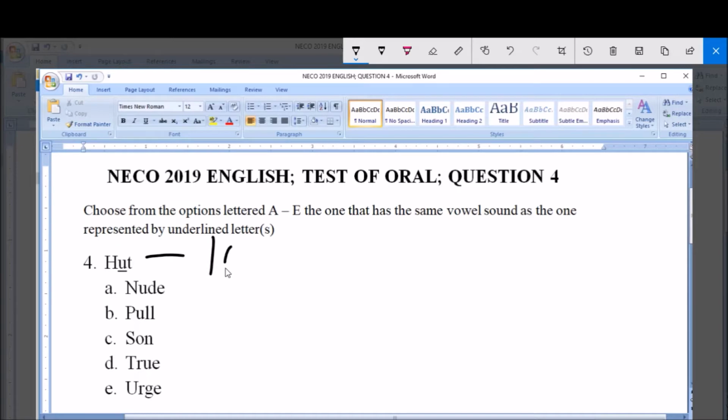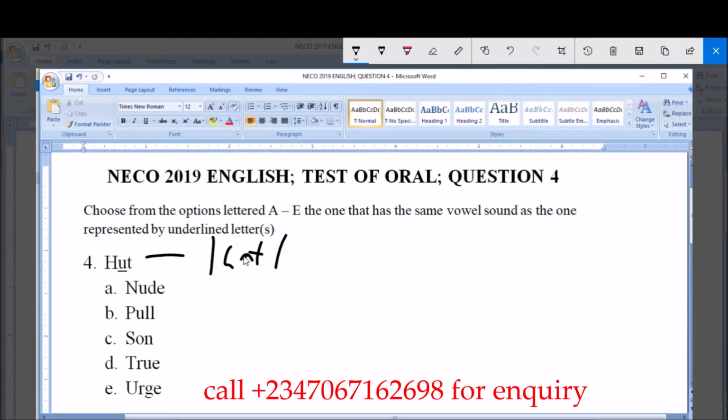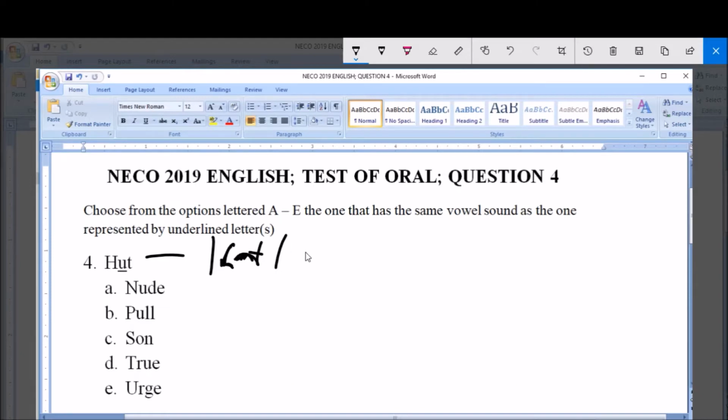Aunt. What we have there is vowel number 10 rather, aunt. The letter U is underlined, so that the letter U is pronounced as in form of light a. That's how it is produced. So aunt. Then option A, we have nude. By transcription, it is transcribed as this, so it cannot be. The option B, pool.